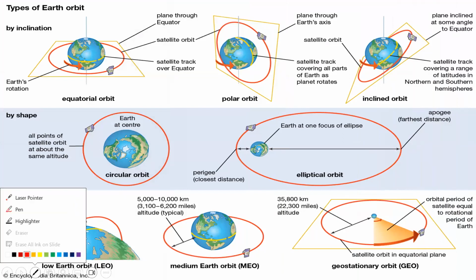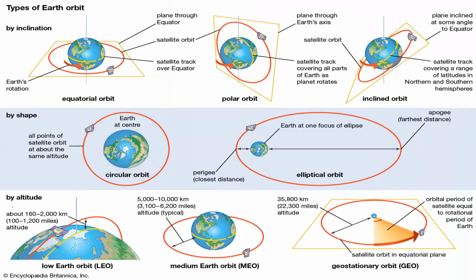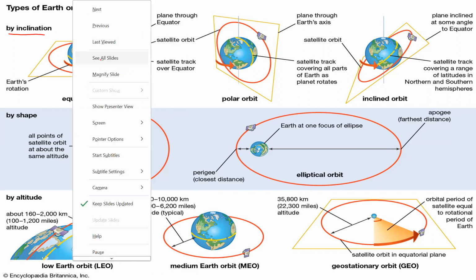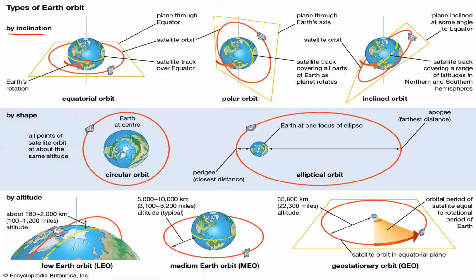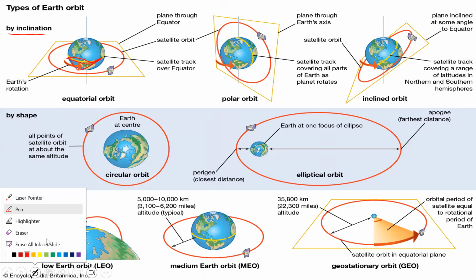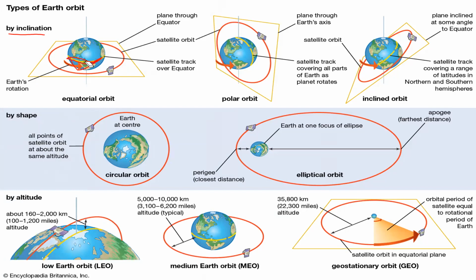So, types of satellite. We can define a satellite by its inclination. First comes the equatorial orbit. Equatorial orbit means when the satellite revolves around the Earth along the equator. See, this yellow part is the equator. So, when the satellite revolves around the Earth along its equator, it is known as an equatorial satellite. So, over here, the inclination will be 0 degrees, as it is moving along the equator, because the equator is